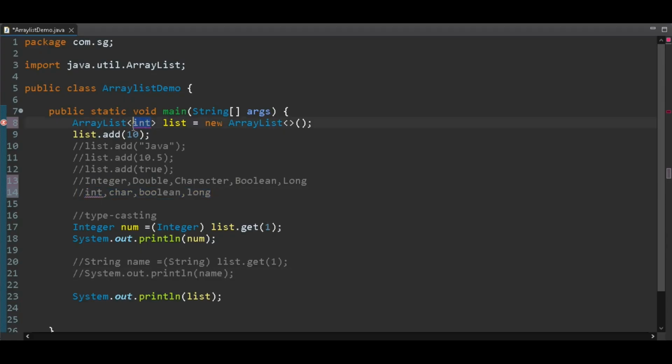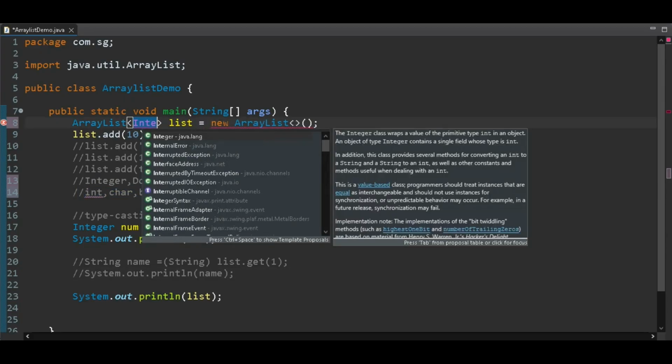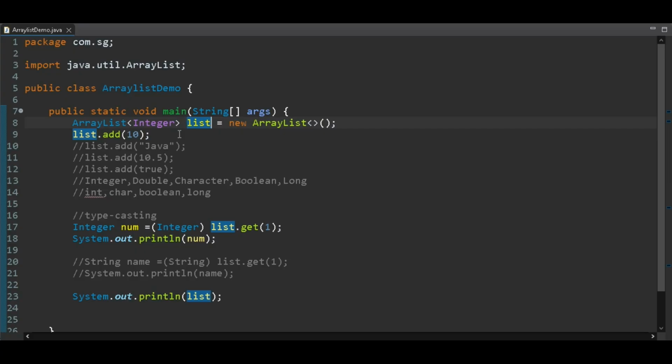Okay, so here use Integer instead of int. Simply keep in mind generics work with objects, so when we need to use a primitive value with generics, we use their corresponding wrapper classes. Clear? So in this way we can create array list with generics.